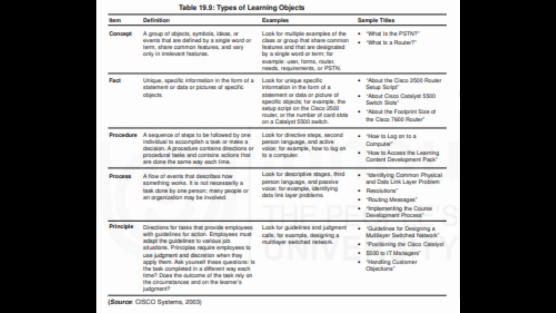Table 19.9 Types of Learning Objects. Look at the screen. 19.7 Summary. In this unit, we discussed the concept of reusable learning objects and associated industry standards to develop learning objects. We discussed that learning objects mean many things to many people, and therefore, a common understanding is important. We defined learning objects as digital objects, resources that are adaptable, reusable, independent, granular, and interoperable in nature. We discussed the characteristics and advantages of learning objects, such as being reusable, which can save resources and also save development time of online courses.